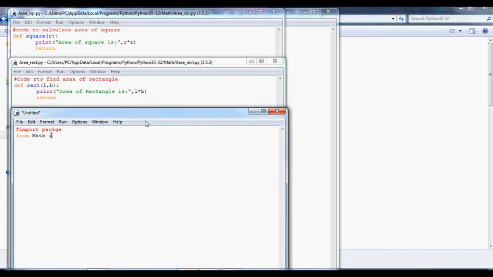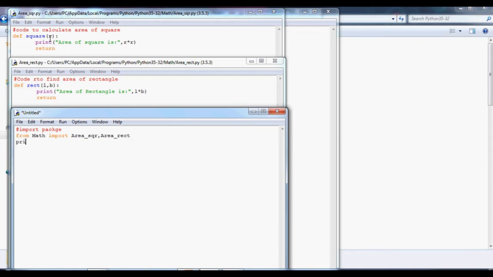From math, import modules. Whatever modules I have created inside the math package, I'm going to import here. Can you see area_rect and area_square? So area_square, comma, area_rect. These are the two modules I have created.